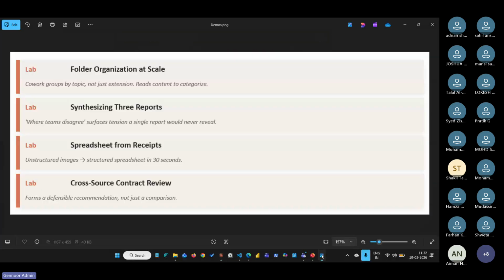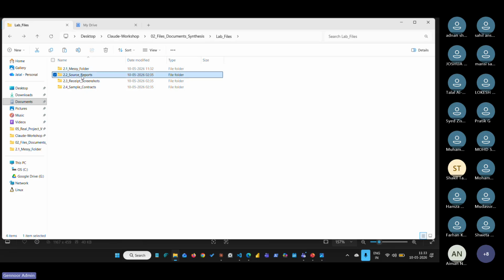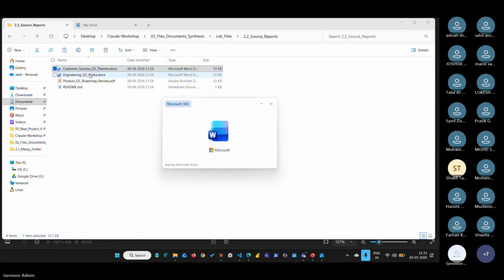Now let us look into another thing, synthesizing reports. So I'll just show you what we have in place. I'll just come out of it. So I have got a source report. Here you can see there is a report: customer success, engineering Q1 status, quarter one status. This is the customer success theme, this is the quarter one status, and this is the product roadmap. So if I open this,